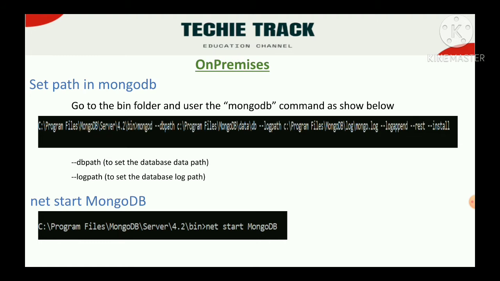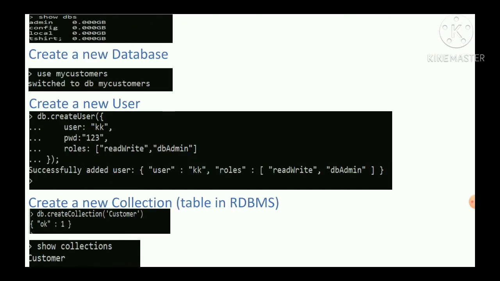Generally in RDBMS or ORDBMS, we don't have to do these things manually, but in MongoDB we have certain manual intervention. With the simple command net start MongoDB, the DB server will start. Once it starts, we need to create a database, create the tables, and insert the records. The first screenshot shows show dbs. Since it is a fresh database, the server has nothing else, so everything shows as 0.